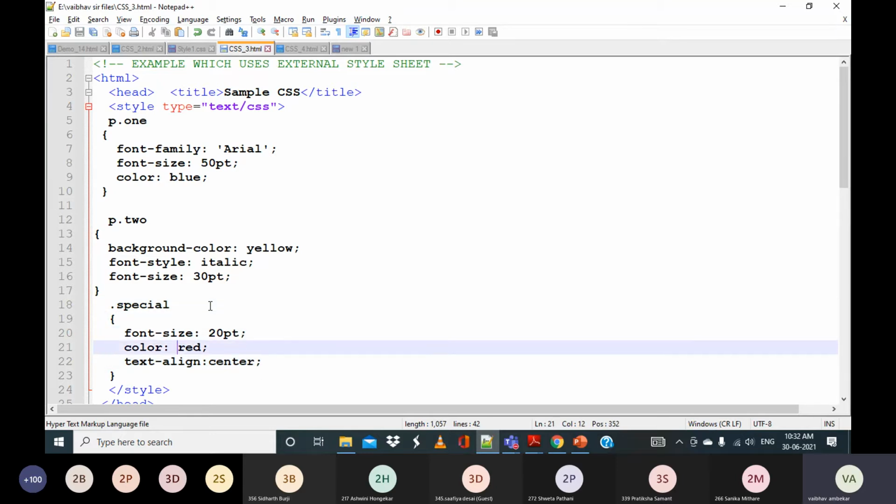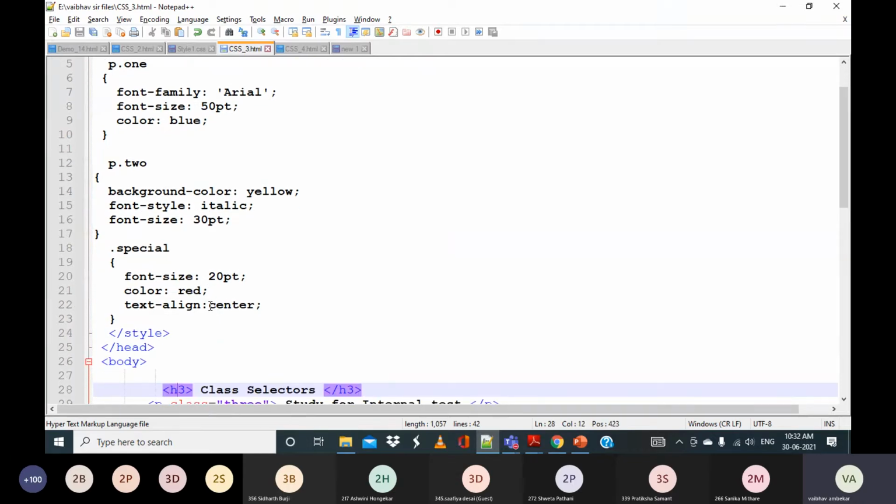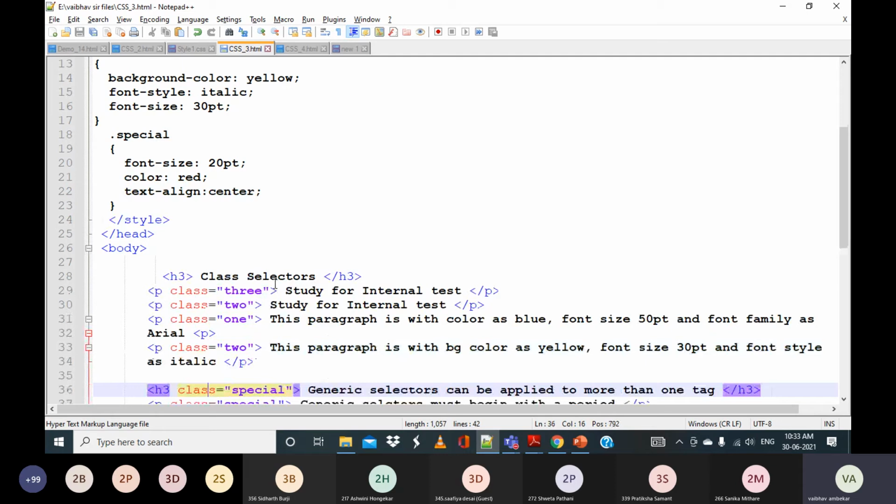After defining this class, I can use it for any different types of tags. It need not be compulsorily only for paragraphs, because it is a generic one. It is not specific. The class selector is specific. The 1 and 2 we have discussed can be applied only for paragraphs, but this special class that we have defined can be applicable for different tags also.